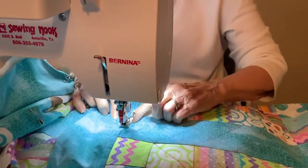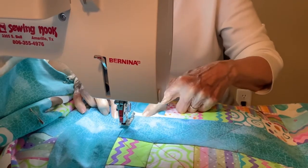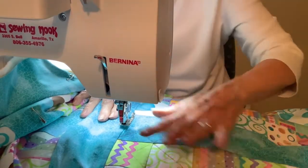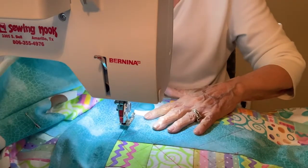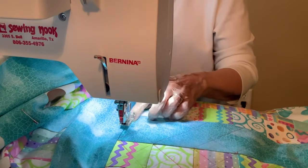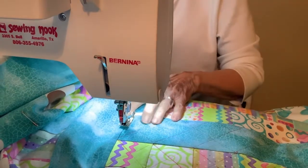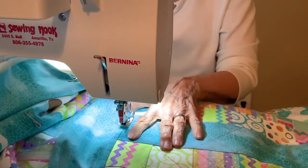You can stitch in the ditch right here to go to your next seam and across. But I'm not going to, because I want to mimic this side exactly on the other side. And I don't want these seams. They won't show on top here because you'll do them in the ditch, but they will on the back. And my pattern won't be the same on the back. So I'm just going to lift my needle,